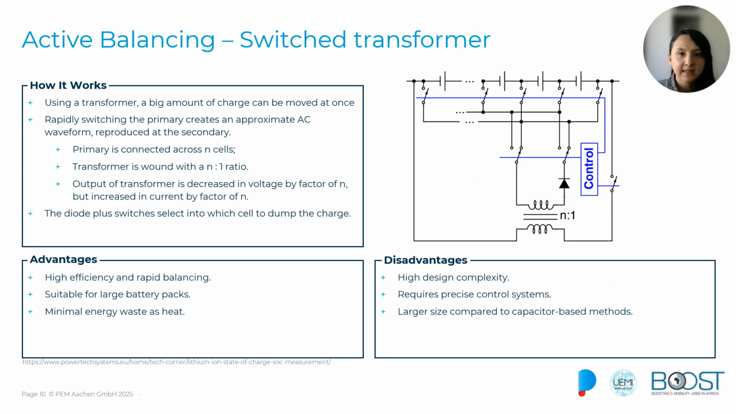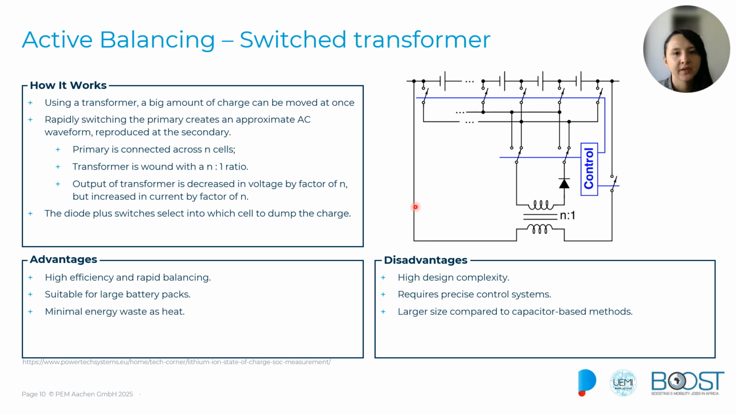And the final and more advanced and efficient balancing that we have is the switched transformer that you can see over here. This is a complex method that will allow us for rapid and efficient energy transfer across multiple cells, and this makes it ideal in large battery packs that will require the quick and reliable balancing that maybe neither the passive nor the capacitive balancing techniques